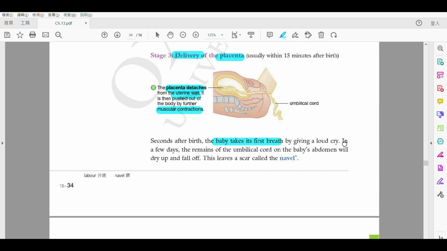Okay, so and then after that the baby 啦就會 take its first breath 啦，咁 by giving a loud cry，咁 we know that somehow the doctor will try to keep on hitting or patting the baby，不斷拍佢啦，until the baby give out a cry。咁佢一 give out a cry 嗰陣時咧，he will take in air from the atmosphere，佢就會吸咗第一啖氣啦，and then he or she will keep on like using his or her lung to breathe，就會咁噶啦。